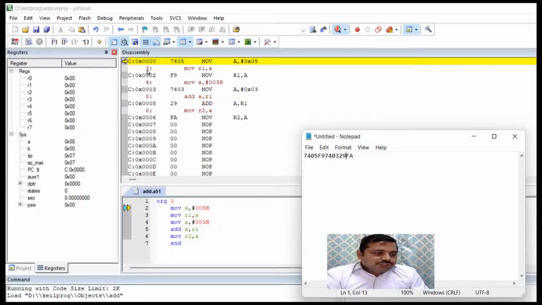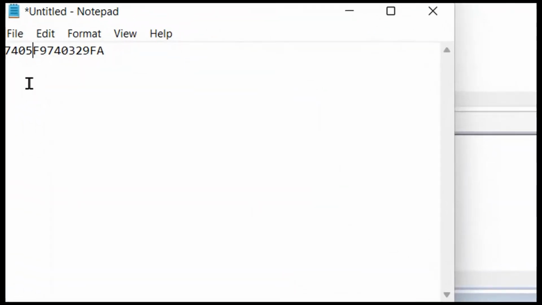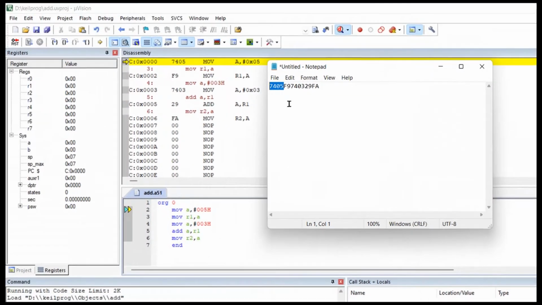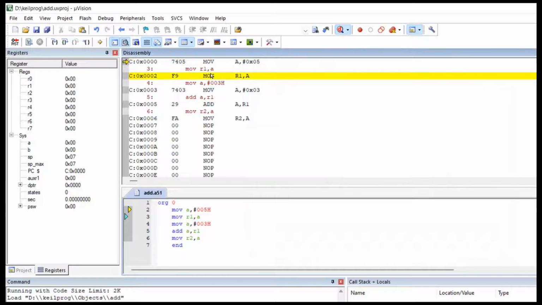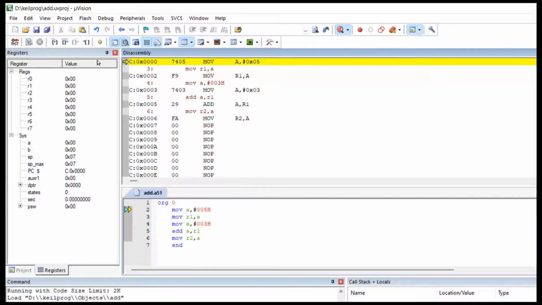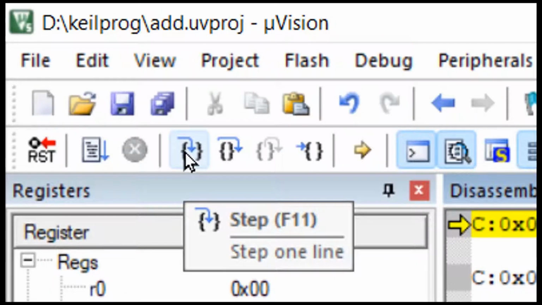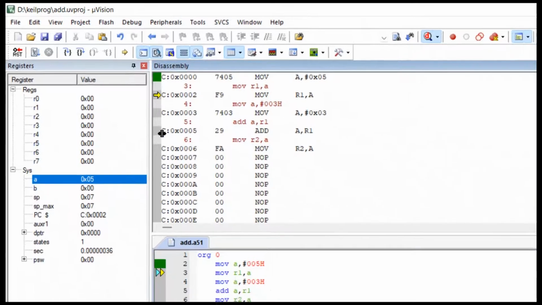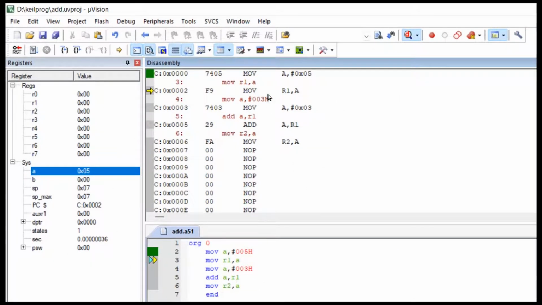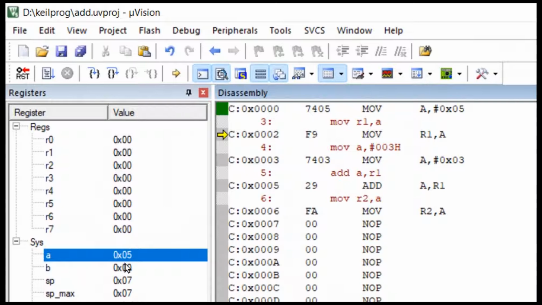So when it goes to 0, 0 memory location, it finds instruction 7405. You can see here also, this is also the 7405 instruction. Now I am executing this one line at a time. You see, this button you can use for clicking one time to go one step. So I'll click one time. Now see what happened. First of all, this 05 is moved into the accumulator, and my program counter